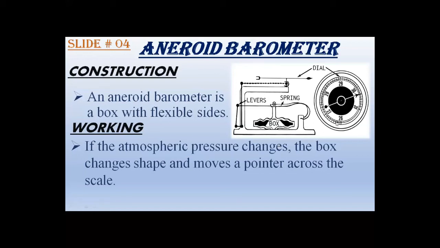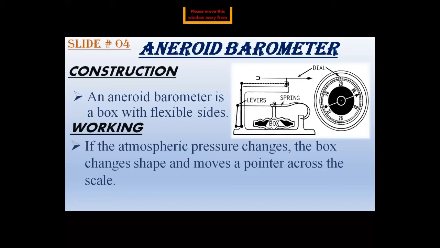The dial is calibrated, marked with numbers inside the dial, so you can read the air pressure instantly. This one is the needle, this one is the pointer. The needle shows the changes in the air pressure. If it moves clockwise up the dial, the pressure increases, so the weather is likely to be getting hotter, drier, and finer.